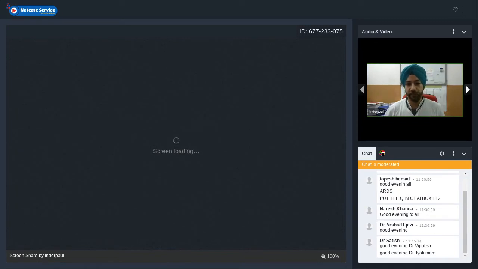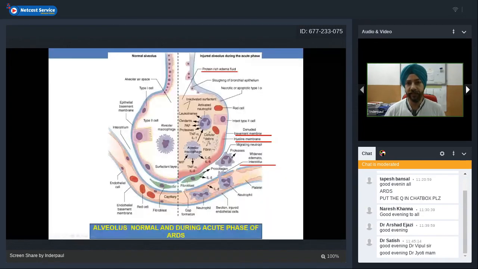So if there is injury to the alveolar epithelial cell, or if there is injury to the vascular endothelium, you will see what is called ARDS. There will be leaking of capillaries, there will be inactivation of surfactant, the alveoli will be filled with protein-rich edema, there will be formation of hyaline membrane, there will be widening of the interstitium, and all this will manifest